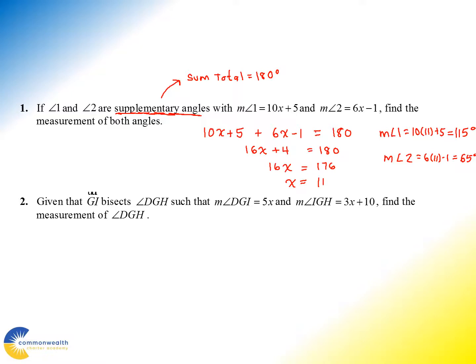And then as you follow along, next I combine some like terms. So the 10x plus the 6x became 16x. The 5 and the minus 1 became a positive 4. I then subtracted 4 from both sides. As we move through the rest of this